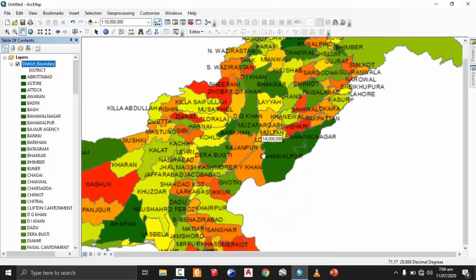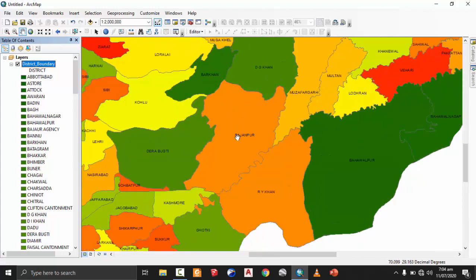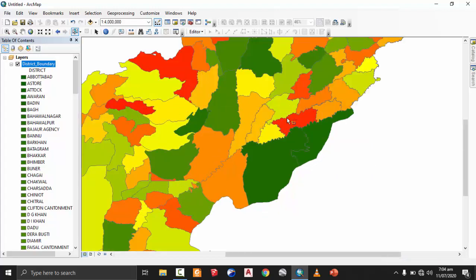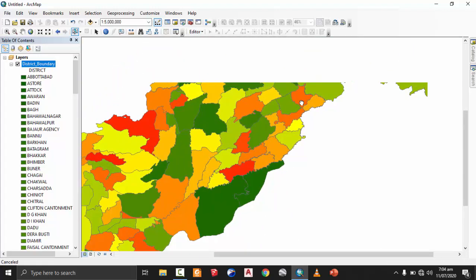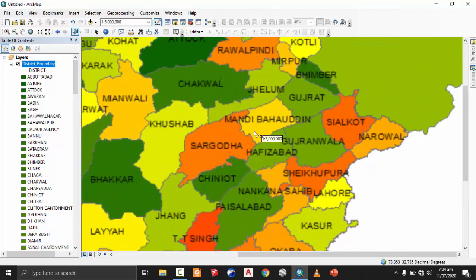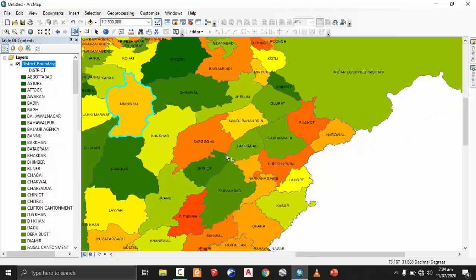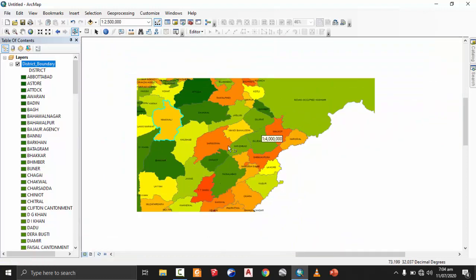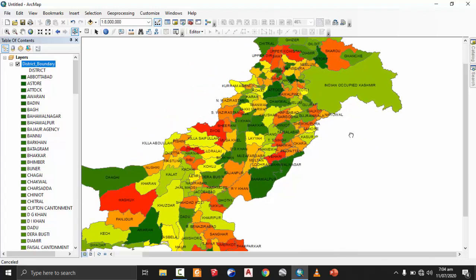So this is how, for example, I wanted to see the shape file, or you can say the polygon of that particular district, and that is Rajanpur. Similarly, you can see multiple ones, Multan and the Jhang. So just by going to that, I will see the name of the particular district. For example, Mianwali. This is Khushab and then Sargodha. So there are multiple districts I can see by using this GIS.